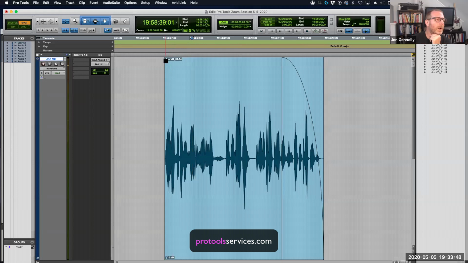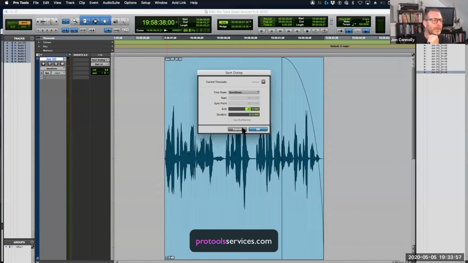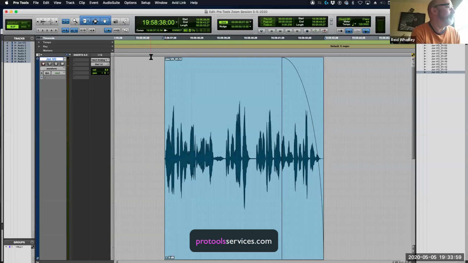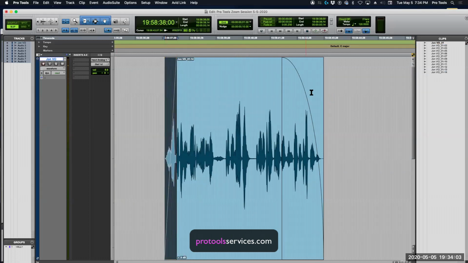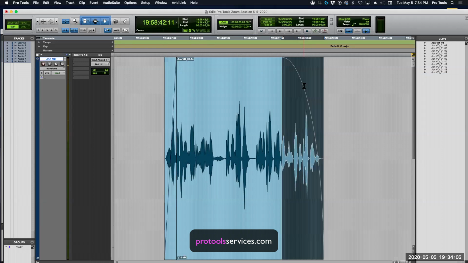Okay, so Smart Tool is enabled. Put the cursor in the upper left corner, and I get the little square, the little fade. Whoops, let me get out of spot mode. I don't want that. I'll go to slip mode. Let me just ask, where does it show that Smart Tool is enabled? Good question.